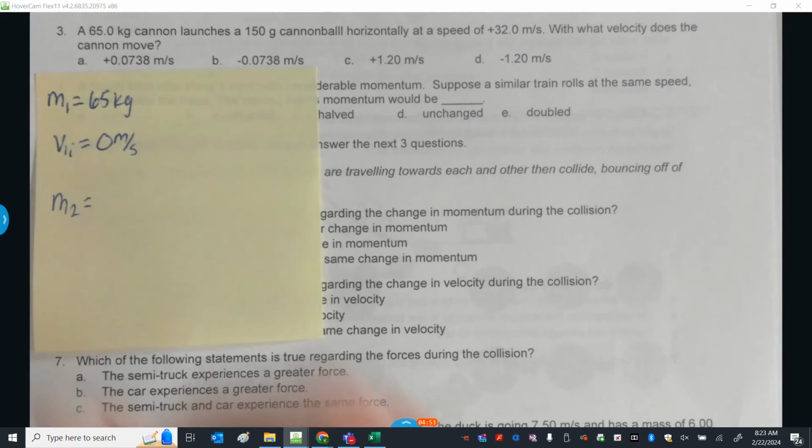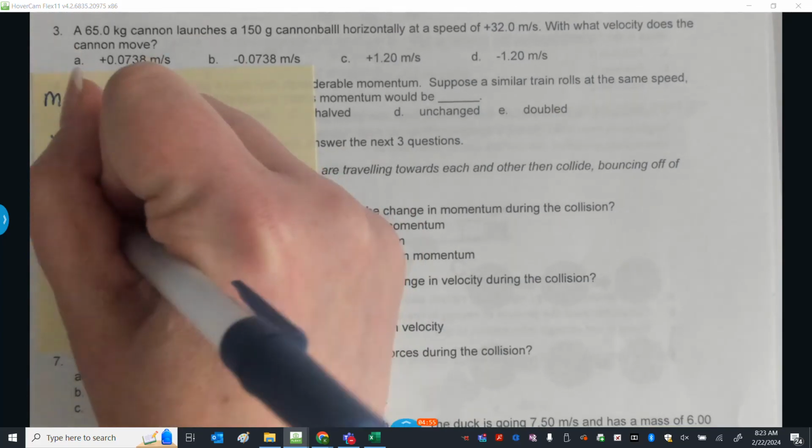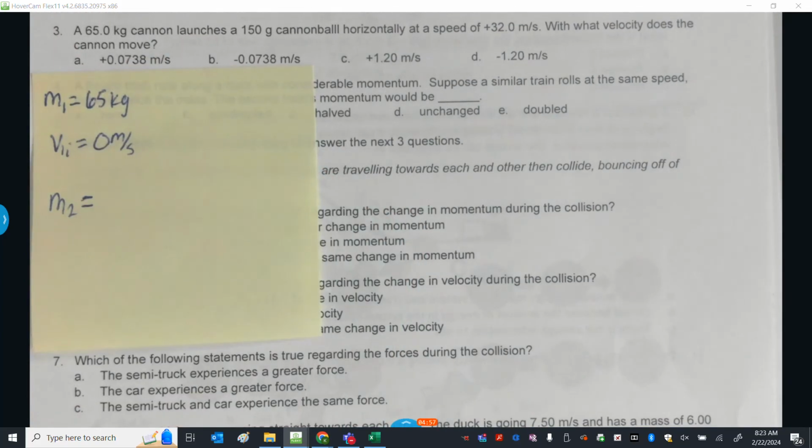It has a mass of 150 grams. I can't use that number without first converting it. If you missed this question, that very well could be why. Okay, so I don't want 150 grams. I need to know how many kilograms that is. I have to divide it by 1,000, and I'm going to get